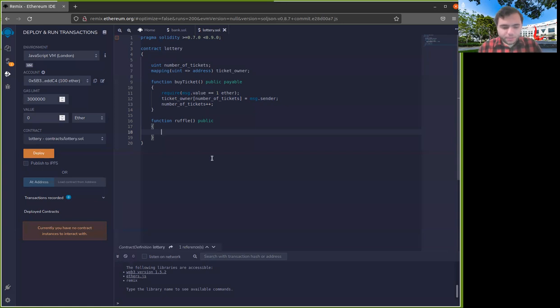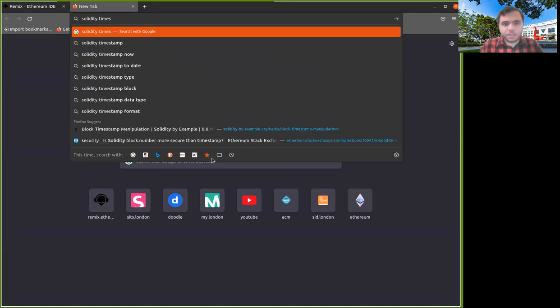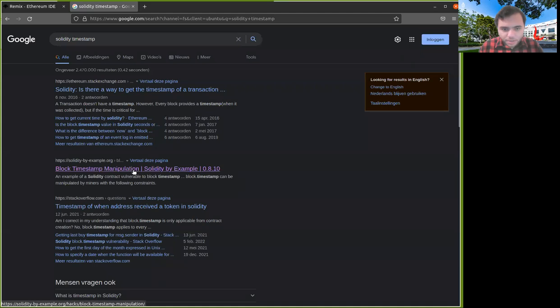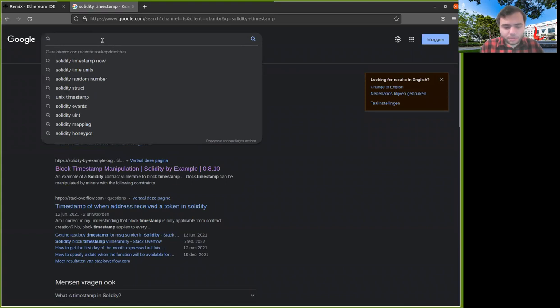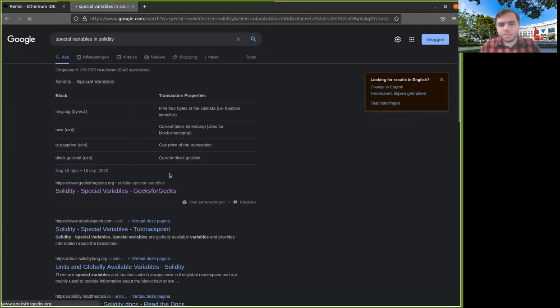So one of the things that we've seen before is that in your contracts, you can actually access information about the blockchain. And you can access information both about the current block in the blockchain and the previous blocks and so on. So for example, you could read the block timestamp or the block hash or so on. And so if I just search this, there was actually, no, okay, this wasn't what I wanted. So it's called special variables. Yes, I can show this to you.